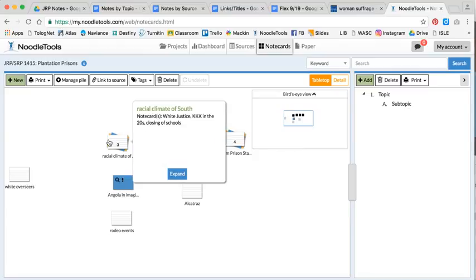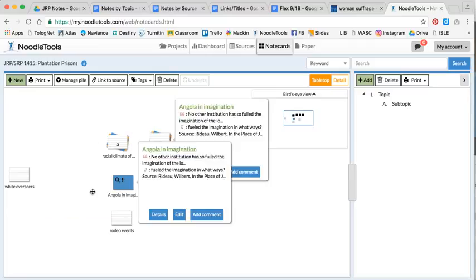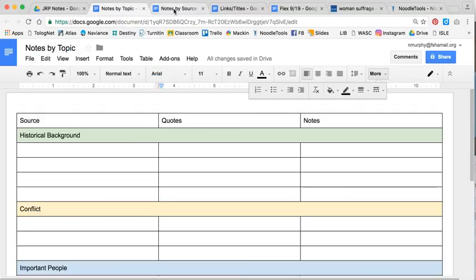It's like physically moving each individual note around to organize it, rather than having to do this sort of copy and paste transfer on Google Drive. So again, you have to decide what your preference is, but I do recommend looking at the Noodle Tools tutorial if you have not already. Okay,